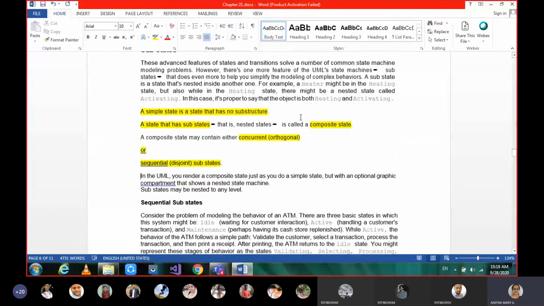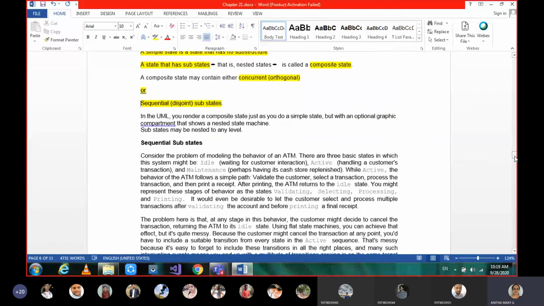I was telling you about each state: if it is further decomposed, it can be in a sequence flow or a parallel flow. Let's see this in detail. Sequential substates and concurrent substates.